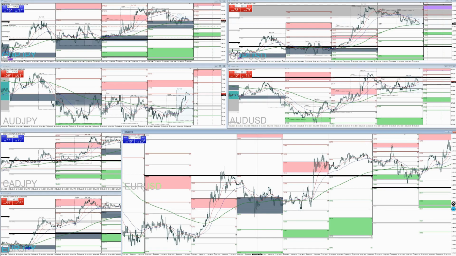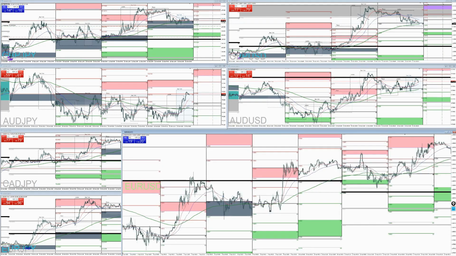We'll go ahead and take it with spread right around here. More of like a medium size, so M5 is more than likely our target. And that's good for 105 pips.